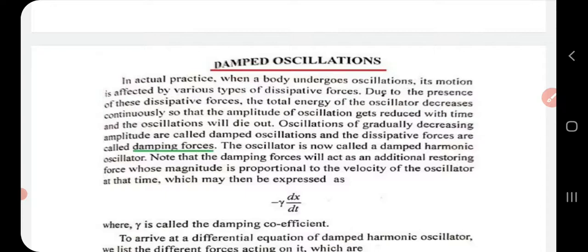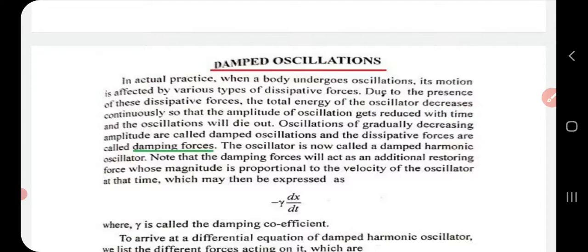When an object is in motion, definitely frictional force acts, that we know. Similarly, if a body undergoes an oscillatory motion and if there are any dissipative forces, the total energy of the oscillator decreases. As a result, the amplitude of oscillation decreases with time, and finally at a particular stage the oscillation will come to a stop. Such oscillations of gradually decreasing amplitude are called damped oscillations, and the dissipative forces are called damping